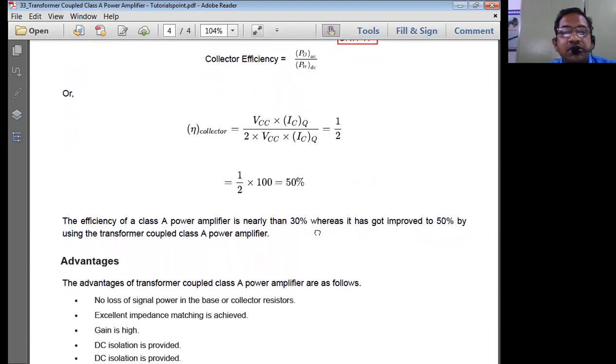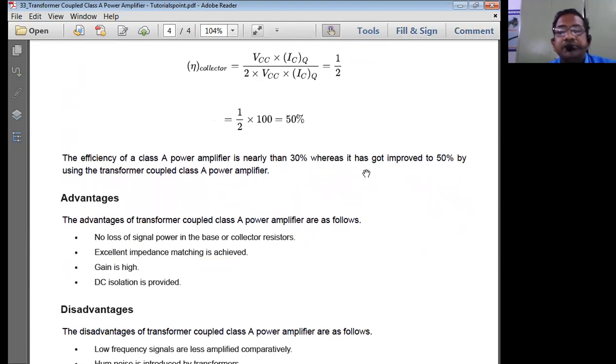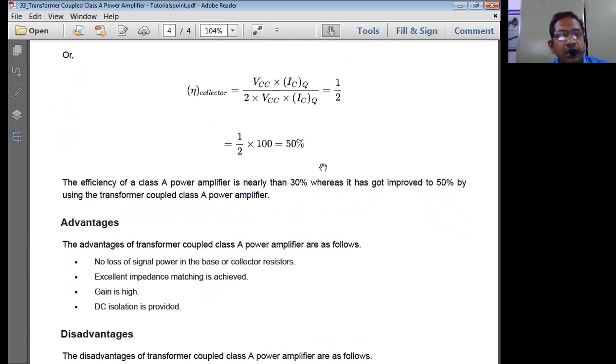And the maximum efficiency of class A power amplifier would be from 25 to 30% only. Therefore, any value of efficiency which is less than 50% is not considered a good value or a reasonably practical value for an amplifier to consider. If the efficiency is less than 50%, it is known as poor efficiency. Therefore, class A power amplifier efficiency is going to be poor.